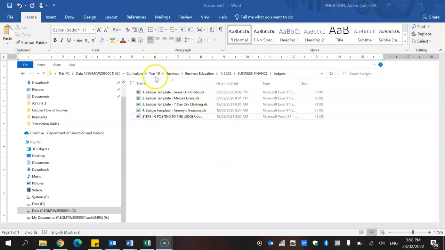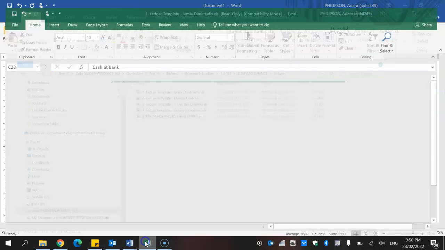go to curriculum, and I want you to open this file number 1. So you're going to go into business education 2022, business finance, and go into the ledgers folder. And I want you to get this number 1 file for Jamie Demetriadis. We might pause it there while people get that open. Okay, so once you've got that open,